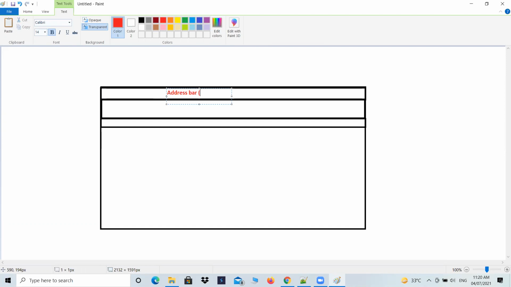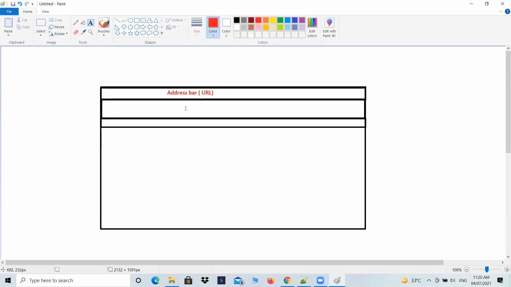What you get over here is the URLs. You see the URLs over there. Okay, below that you can see that could probably be your